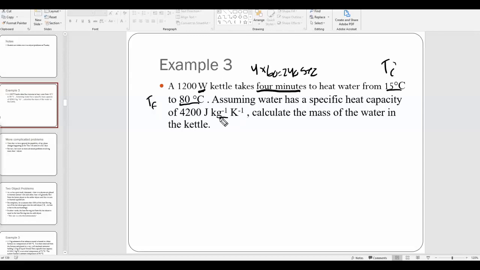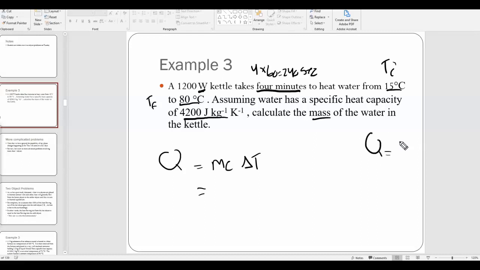And we're given the specific heat capacity of water, which is 4200. We're asked to calculate the mass of the water in the kettle. Now we know Q equals mc delta T, and we're looking for m. We don't have Q, but we have the power of the kettle. And if we make the assumption that, number one, the kettle is 100% efficient, which is not a good assumption, and number two, that all of the energy produced by the kettle goes into heating the water, which is also not necessarily a good assumption because some of it goes to the kettle itself. But if we make that assumption, then we can find Q